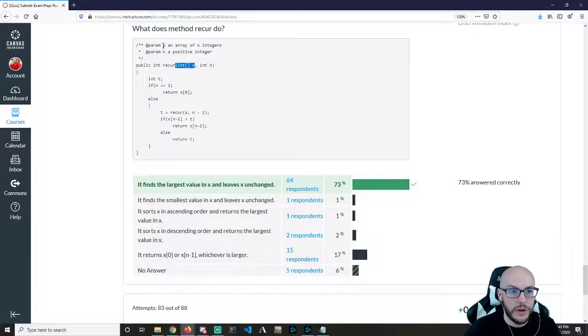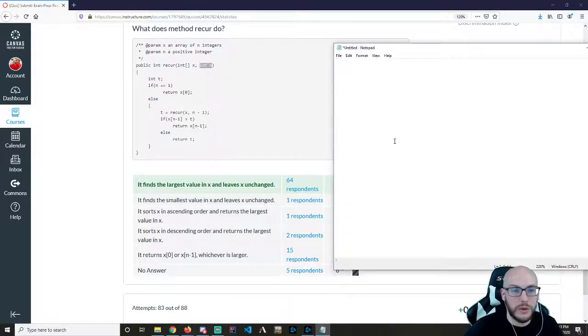Of note, x is an array of n integers. So whatever value we pick for n, we'll say something like 4, that is the length of x. n is a positive integer. They don't say anything about the numbers inside here, only that we'll have however many of them. In this case, 4. So let's make an array